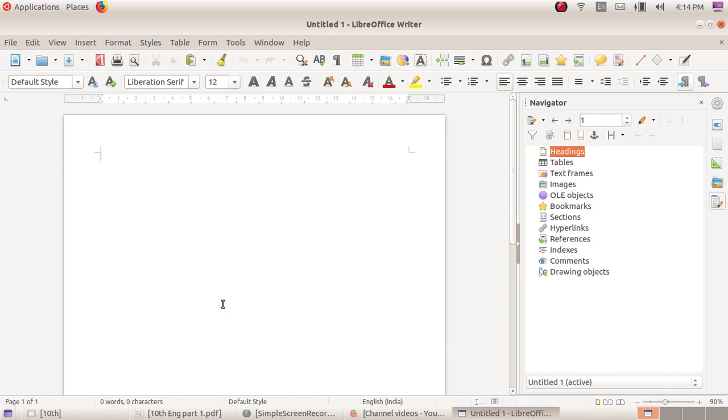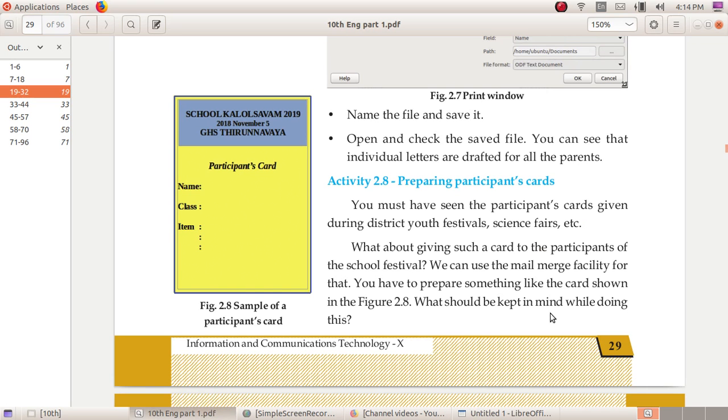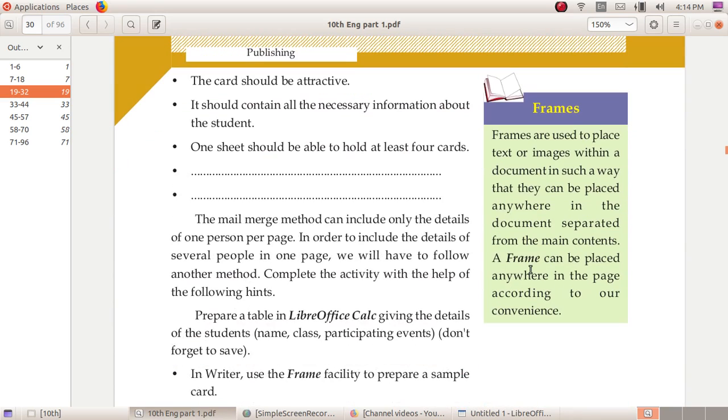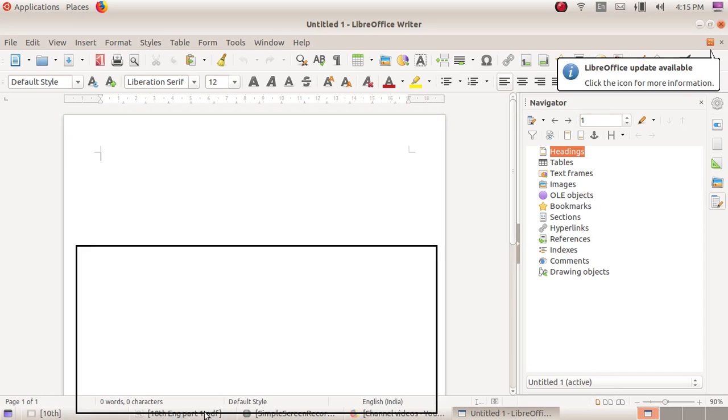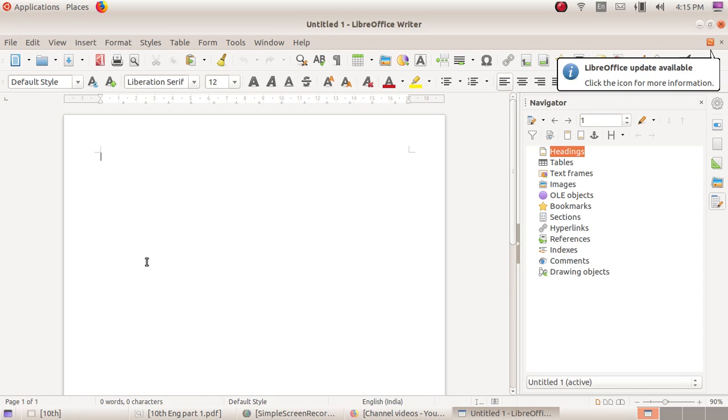There is a mechanism to create a participant card easily, that is a frame. As you can see in your textbook, frames are used to place text or images within a document in such a way that they can be placed anywhere, separated from the main contents. Let's insert a frame in LibreOffice Writer.